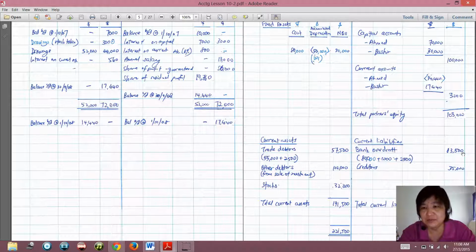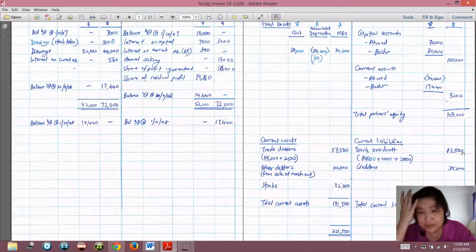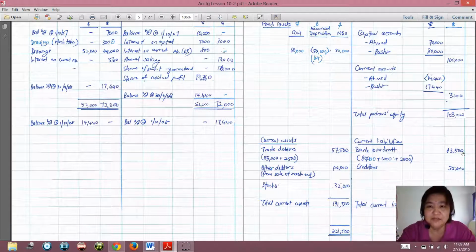For example, I will go to POSB and I have a POSB personal saving account, or I also have, for example, a POSB or DBS company bank account. So for example, I go to DBS, then I tell DBS, can I apply for a bank overdraft facility of 100,000? That means this one means